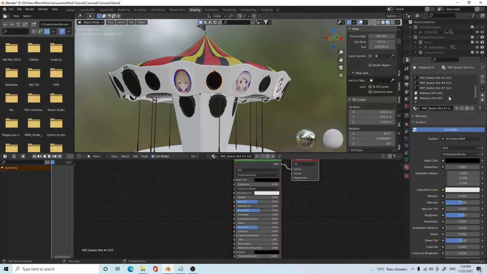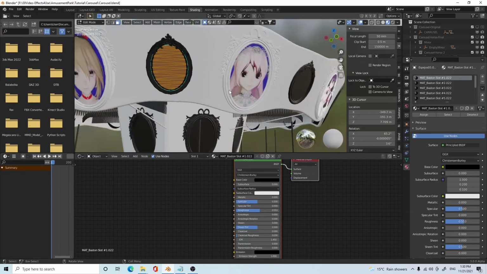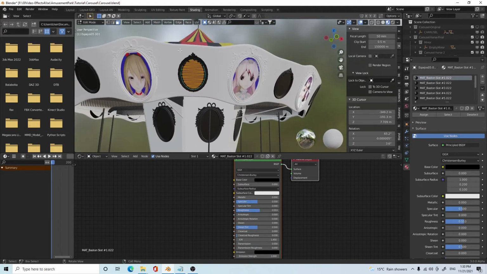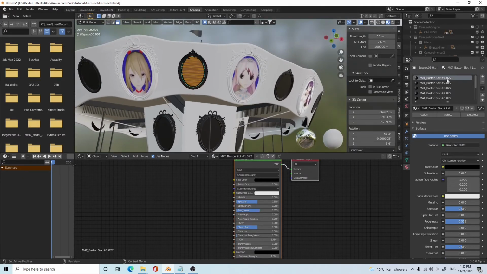And I think it is also this material. Oh no, this is different. This is a different object. I think the material setup for the portrait is the first one. Yeah. So you have to try and find out which material has already been set up. Otherwise, you have to manually select the faces for the portrait that you want to put on. So in this example, slot one is the one that defines the faces of the portrait center. You can select that